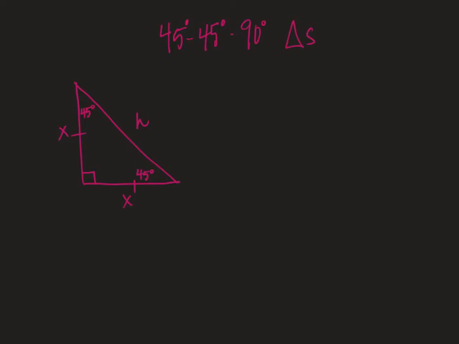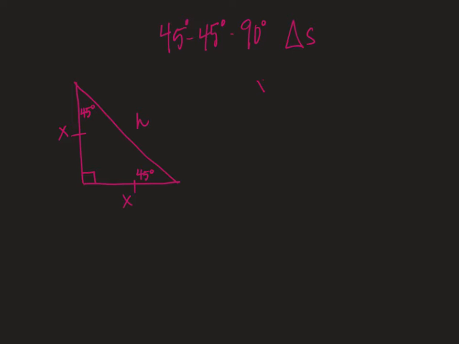All right, so there is a relationship in a 45-45-90 triangle between the sides or the legs and the hypotenuse. A 45-45-90 triangle is an isosceles right triangle. So I could label each of the sides or the legs as x, and the hypotenuse I can label as h. Now, if I were using the Pythagorean theorem, which is the legs squared added together is equal to the hypotenuse